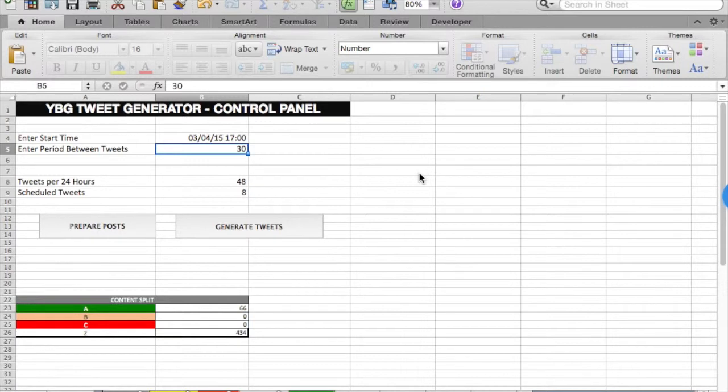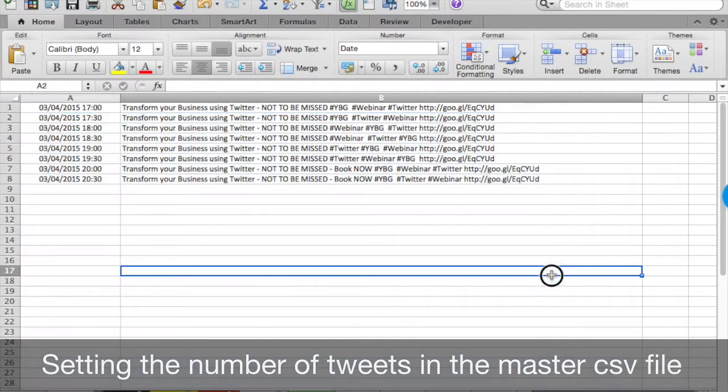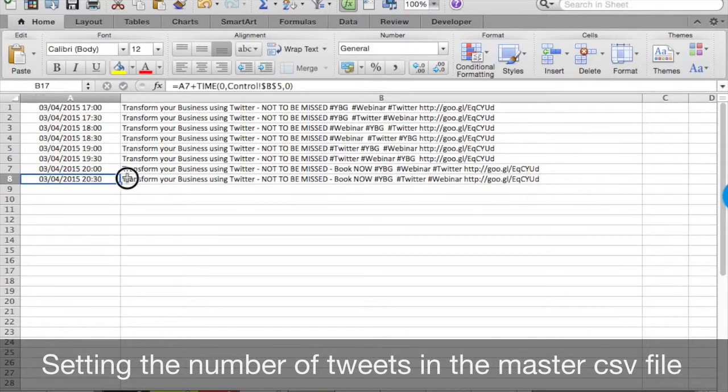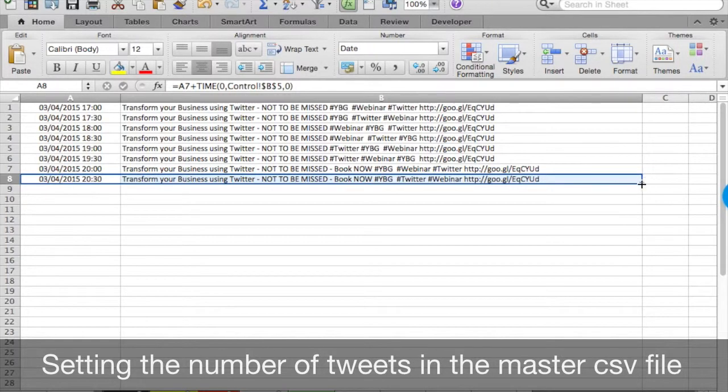But you can see that on line 9, at the moment I've only got 8 tweets scheduled in my posting file. If we go and look at post 0.csv, there are the 8 tweets there. That's what it's set at by default when you download the zip file. So in order to get it up to the 48, I'm just going to select column A and column B